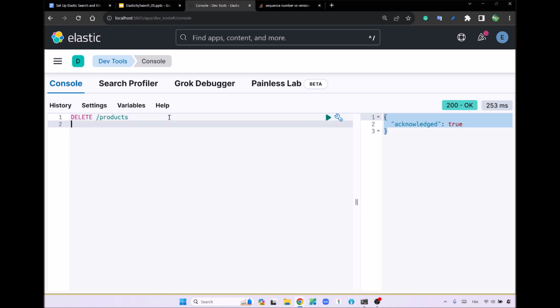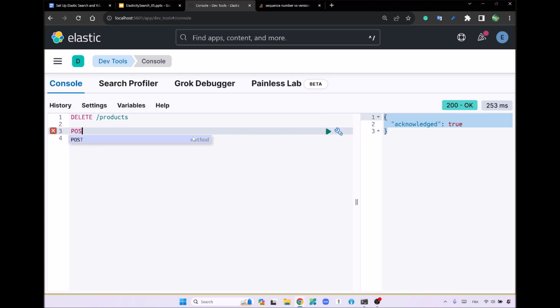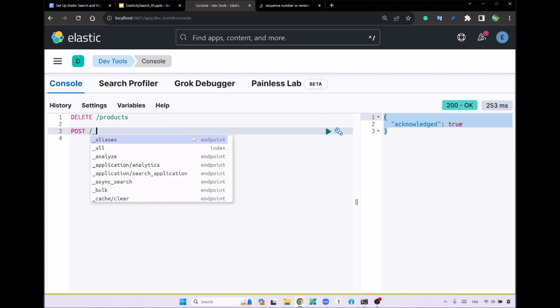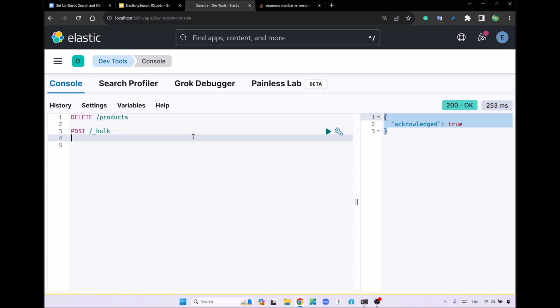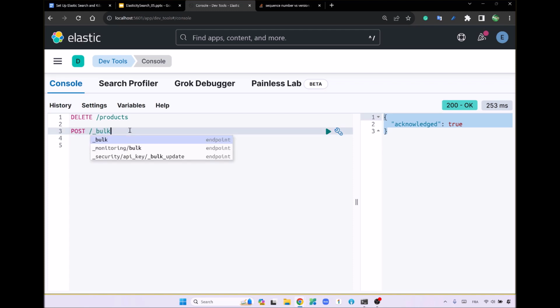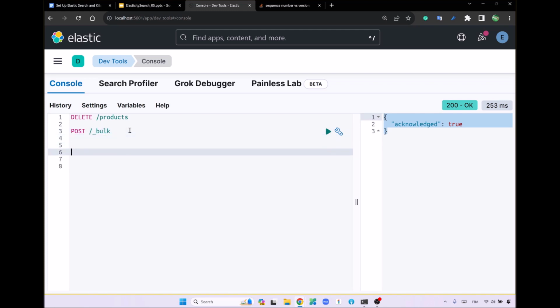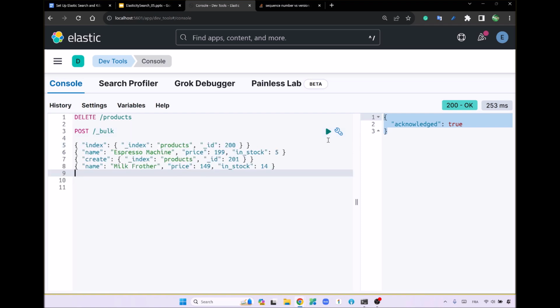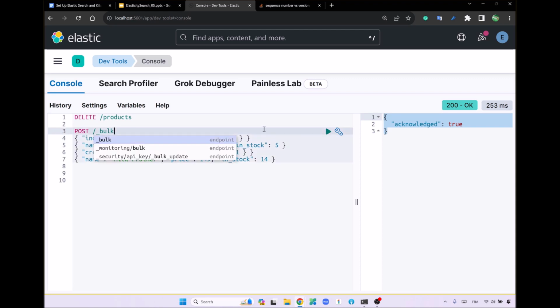So we can end with this example. For example, let's do post here. Let's do bulk. This is the verb that we are going to use. Bulk, meaning that we are trying to execute a lot of actions, such as creating the index and so on. I have already prepared that in order to gain some time, so we just paste it here. And if I execute these actions,